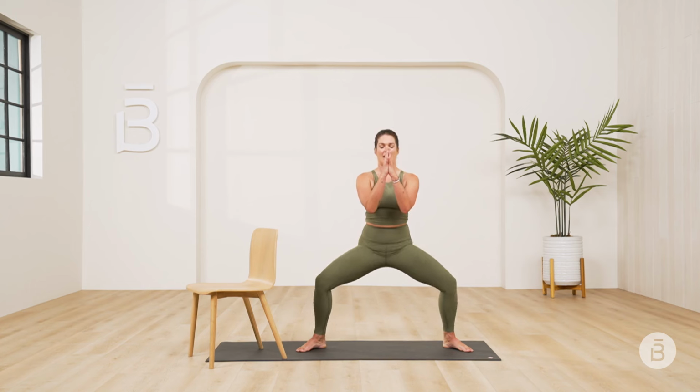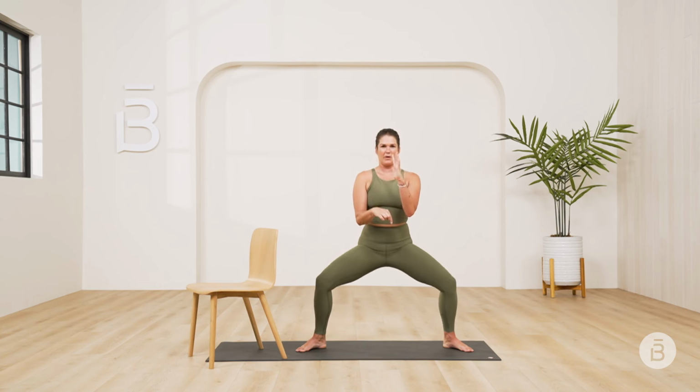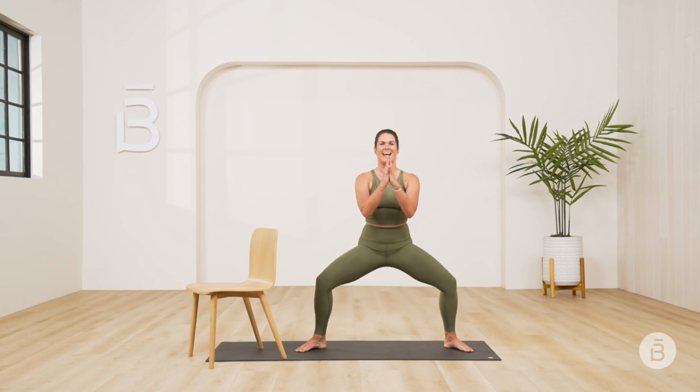You're gonna pulse down and down. Guys, so notice the difference here. See if you can get a little bit deeper. You're still doing a drop, lift, but you're focusing a little bit more on that drop. Got a grand finale hold coming up. You can do this. You got 8,